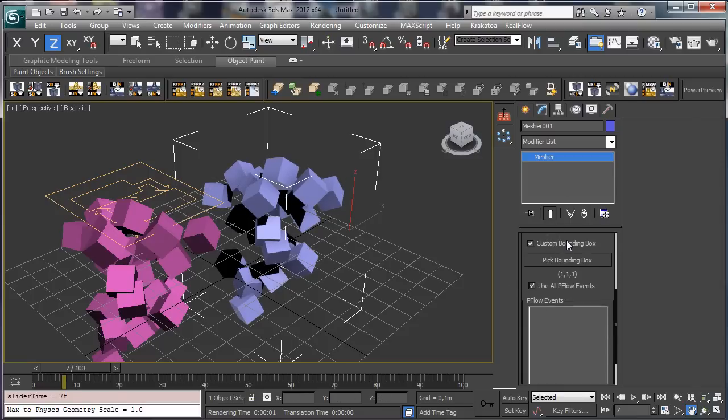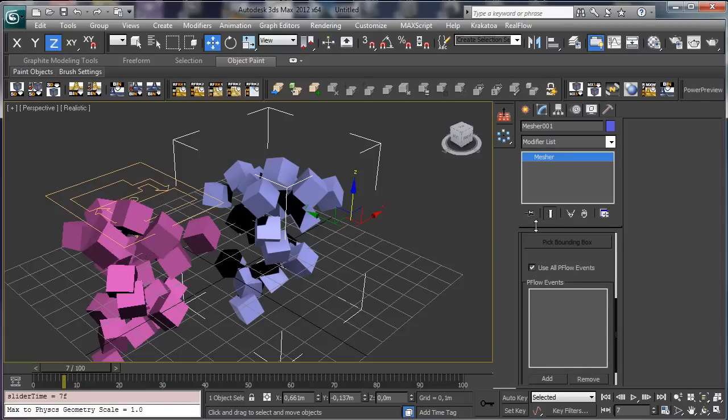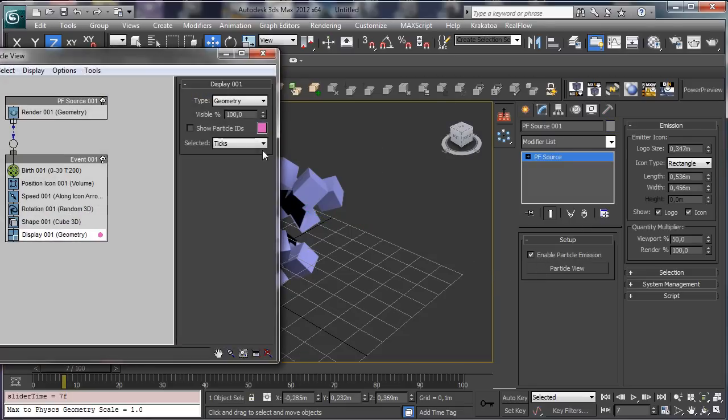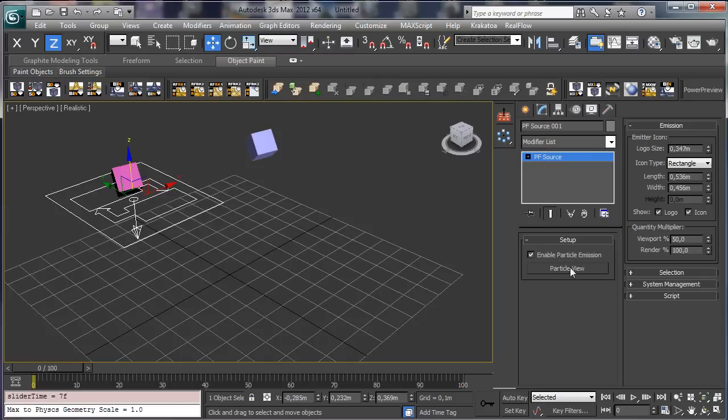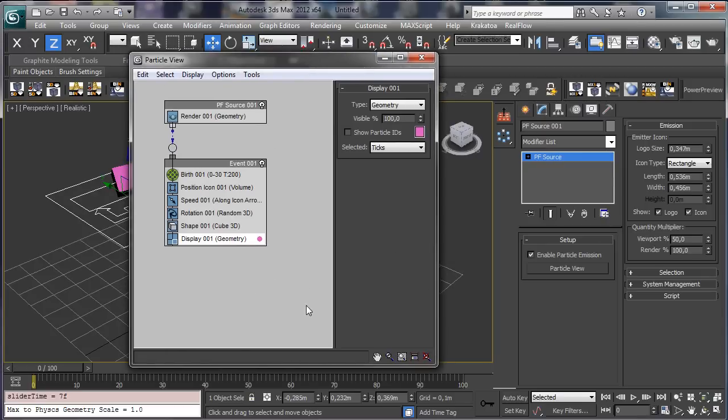You have the possibility to have a custom bounding box, so you can use a different bounding box inside the viewport, and that's a different feature, not so useful for the main purpose I have in mind. And you see that there we have another really interesting option, which is use all PFlow events. Let's imagine that, as you see, the particles are the same inside the mesher, but let's imagine that we have something like, for example,